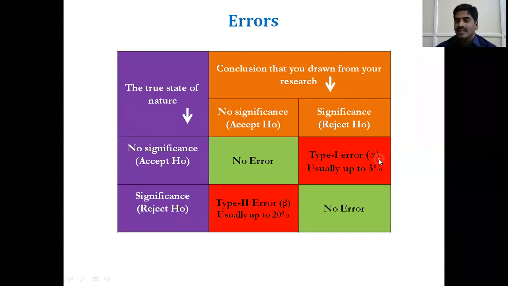See, these are the mathematical calculations we have to do from the beginning of the study. First, we have to calculate the sample size. First, we have to decide what the confidence level and alpha level are, and how much we have to take the power and beta, the type 2 error. Based on all these things, we first calculate the sample size. You cannot take your own samples scientifically. We have to calculate the sample size for research studies. In that case, we use the confidence levels, type 1 error, type 2 error, and power of the study. Okay.